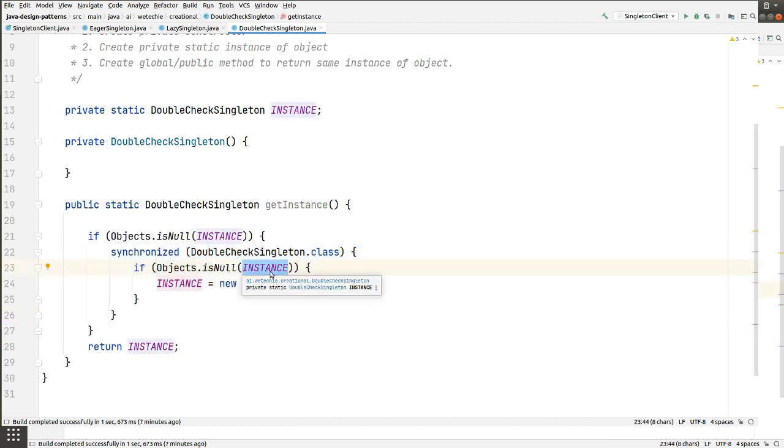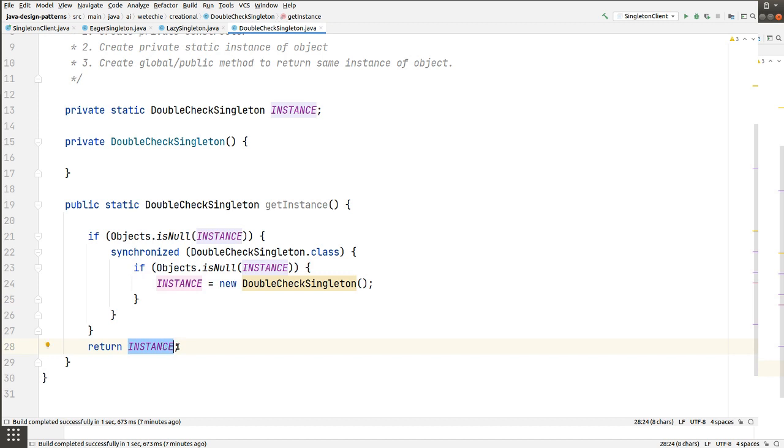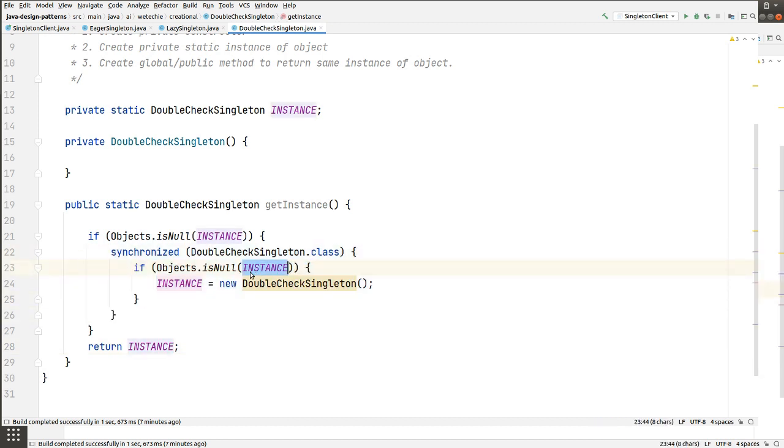The instance was created by thread A in the first call, so it won't come inside the if block. It exits, does the remaining process and returns the instance back to the client. Then thread C will come and check, thread D will come and check, it won't be null, and it will return the same instance back to the caller method, right?